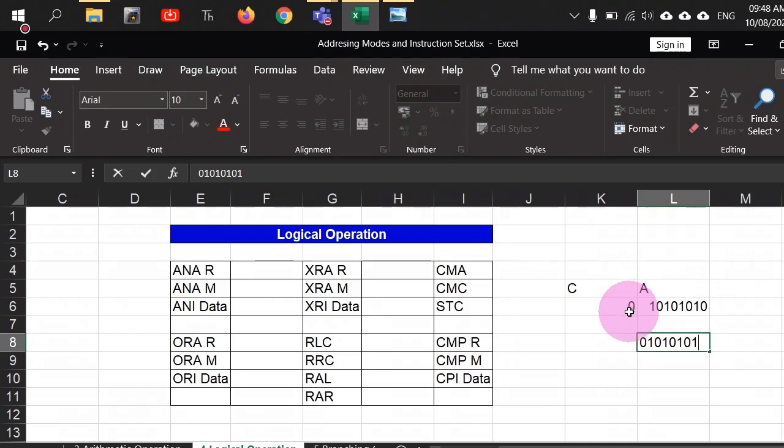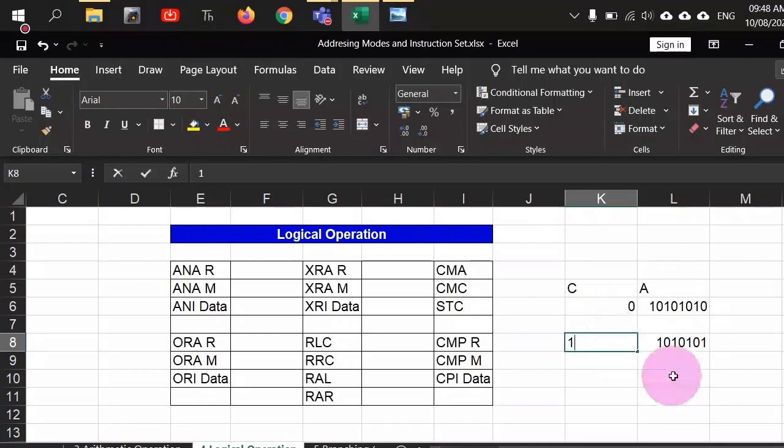But whatever has spilled out from the accumulator, in this case this MSB has spilled out from the accumulator, so it will be copied to the carry flag. Carry flag will not be involved in any rotation, but whatever has been spilled out of the accumulator, the MSB of the accumulator, it will be copied to the carry flag. So carry flag is still involved, but it is not involved in rotation. It is involved in copying the spilled over bit with every bit rotation that is happening, right? So these are RLC and RRC commands.